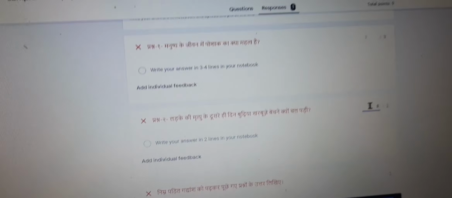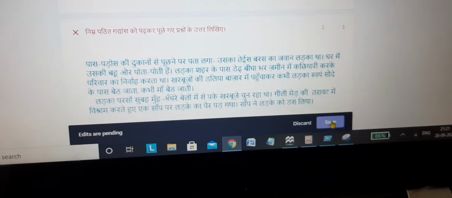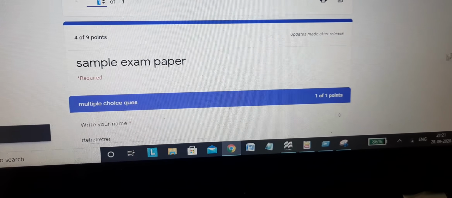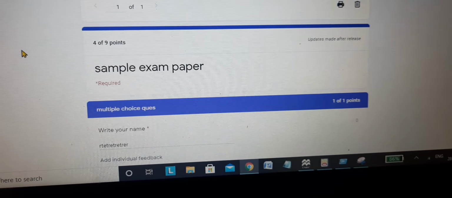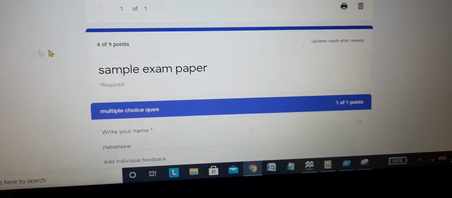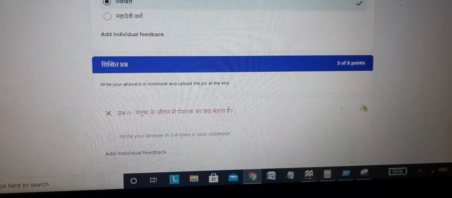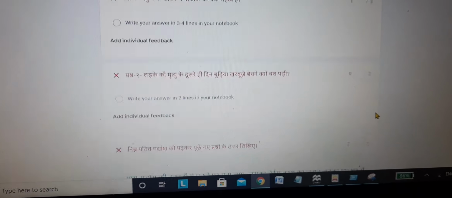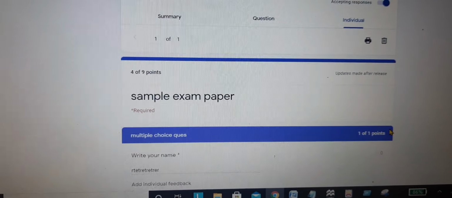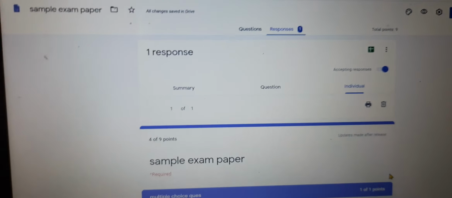So it's showing me the option that I have edited this form, so I can click on save. Now if I click on save, you see my total points has increased to 4. Earlier I had only 1 mark because of this right answer. Now I have another 3 points because of this. So this way you can correct then and there itself, give marks in each question and save it. I hope this was helpful for you. Thank you.